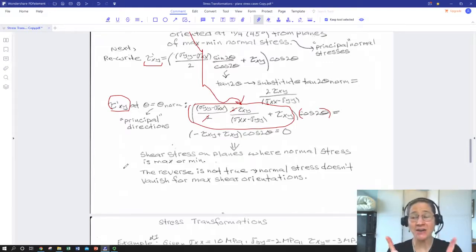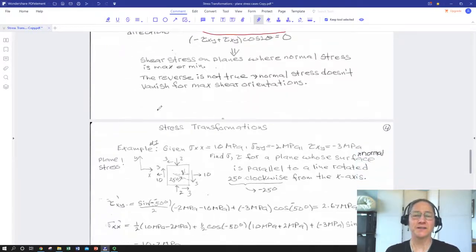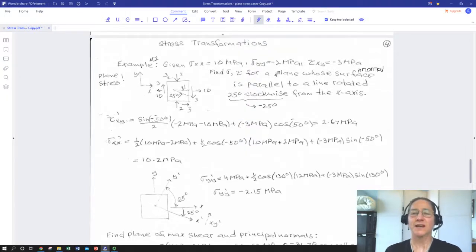This is not true of planes where we have a maximum shear stress. We could still have a net tensile or net compressive stress on a plane of maximum shear. So it only works one way. And again, that'll be really obvious when we start expressing these relationships graphically. Okay. We're going to take a pause, and then we're going to dive into a couple of examples and put